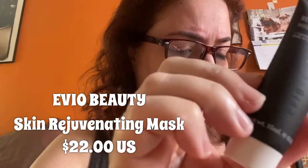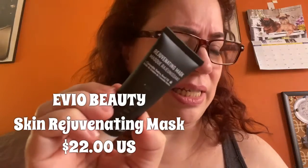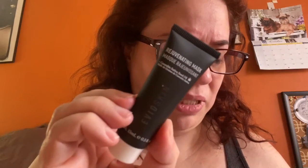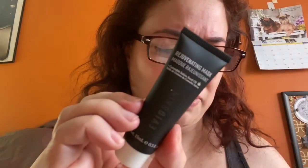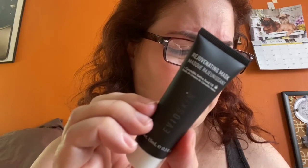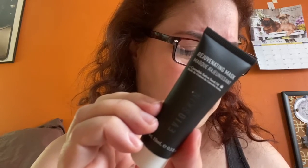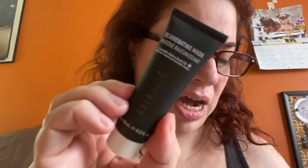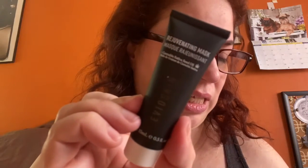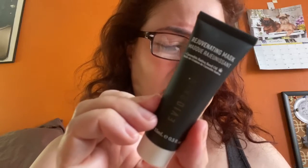EVO Beauty Skin Hydrating Mask. Can you see that there? There we go, into focus. Very nice. 15 minutes with this mask is like hitting the reset button on your complexion. It nourishes, hydrates, and rejuvenates skin for a seriously dewy glow. It has hemp seed oil, a natural source of fatty acids and antioxidants, to heal dry, damaged skin and reduce sensitivity. And it says to apply a thick layer of this mask to clean skin, leave on for 15 minutes